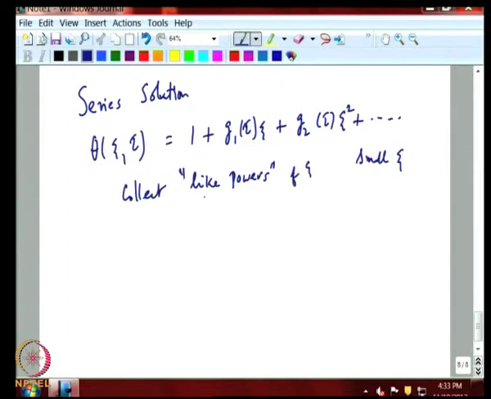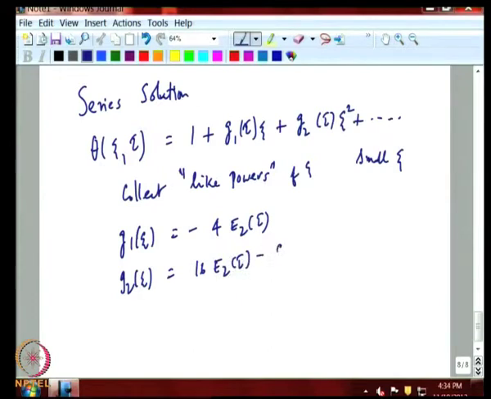That is, you match on the other side of the equation terms containing the same power of psi, because they have to match, otherwise the solution is not valid. And you will get G1 of psi is equal to minus 4 E2 of tau, G2 of psi as 16 E2 of tau minus 8